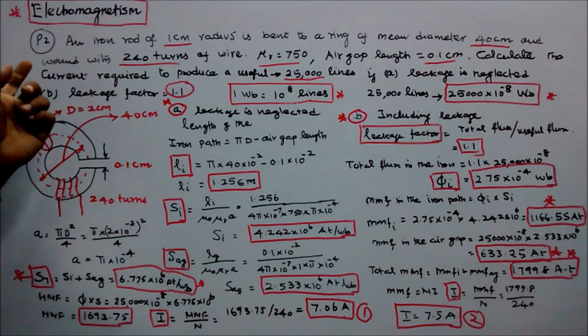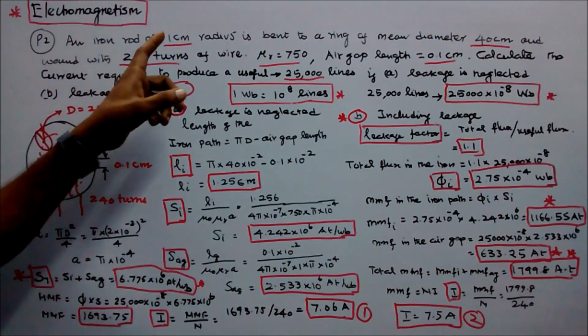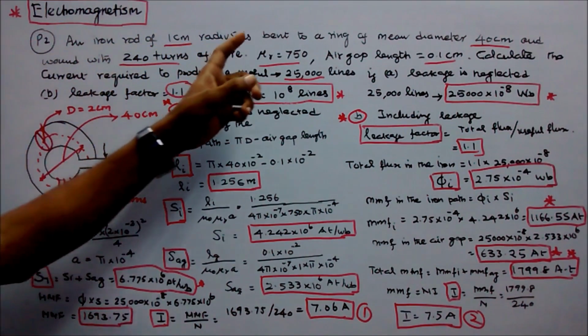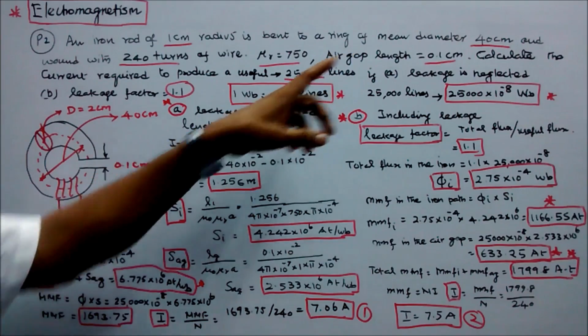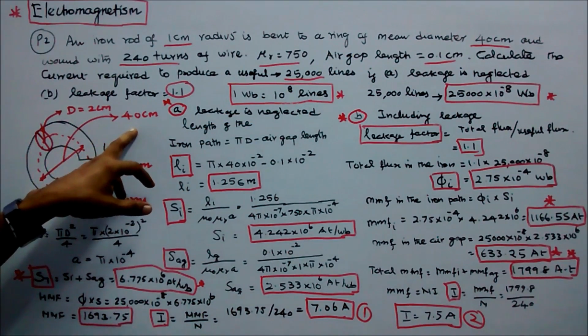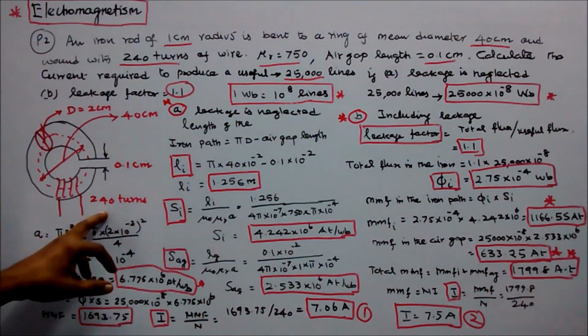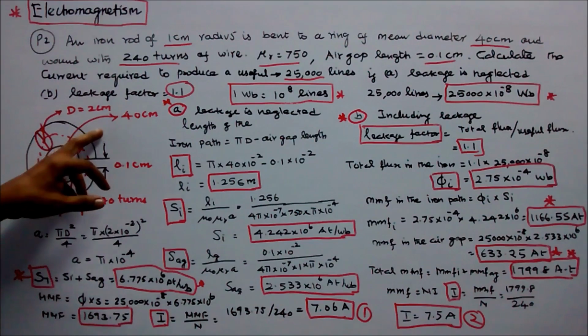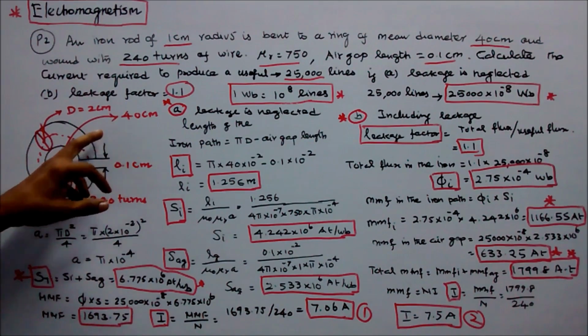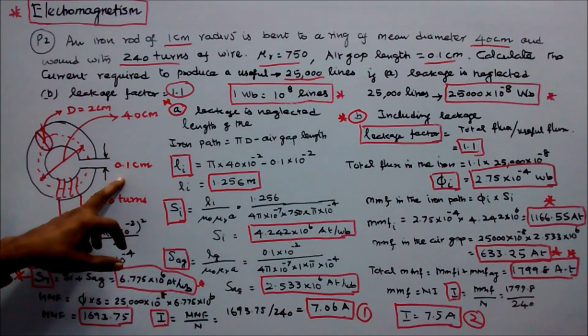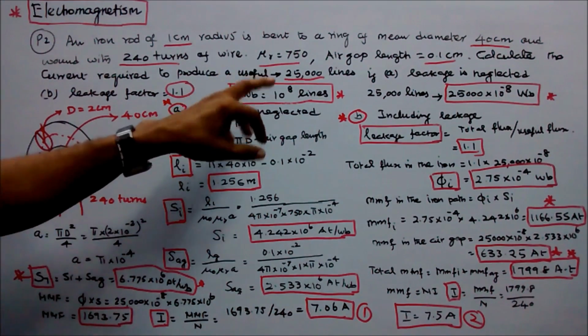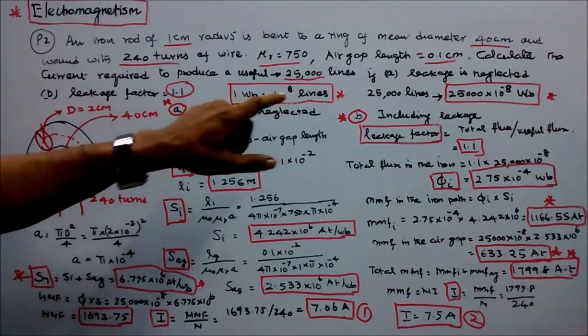Problem number 2. An iron rod of 1 cm radius is bent to a ring of mean diameter 40 cm and wound with 240 turns of wire. Relative permeability mu R is equal to 750. Air gap length is 0.1 cm. Calculate the current required to produce a useful flux of 25,000 magnetic lines if